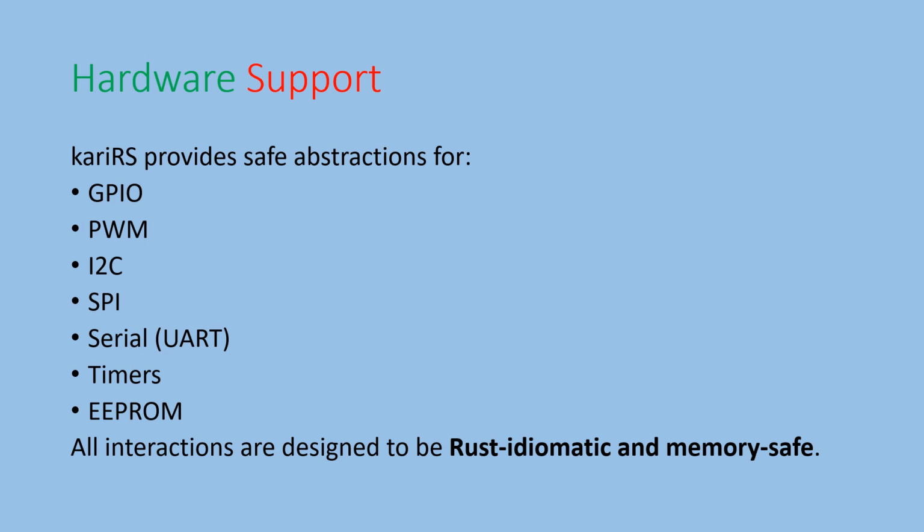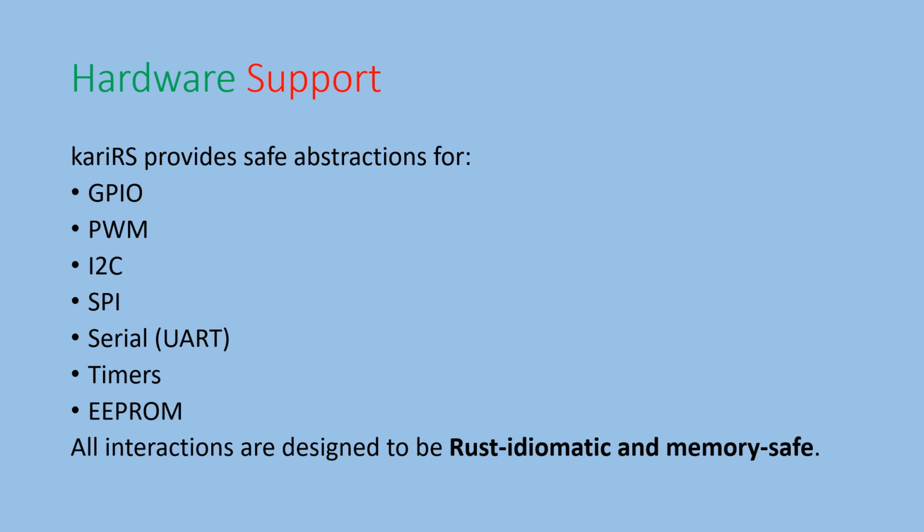And so you will also have this advantage of what we see in the Rust compiler, how it is able to point to you if you've made a mistake in writing the code, how the Rust compiler actually points to you where the error is. You get that advantage here, right? Because you're almost under the hood using the Rust compiler. And also, again, kariRS has a high level of abstraction enabling you to pinpoint where the error is when you compile your code. So it is indeed very nice.